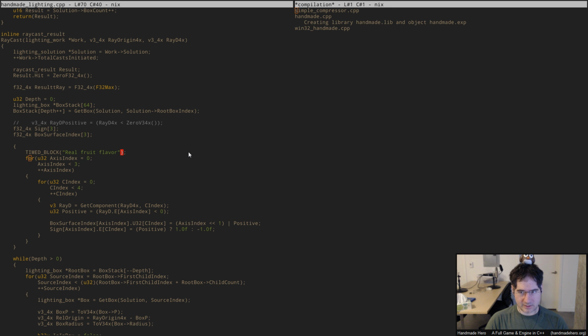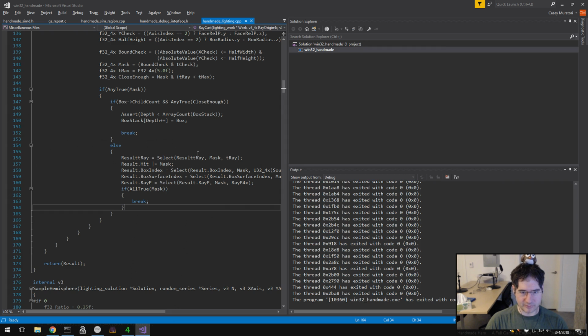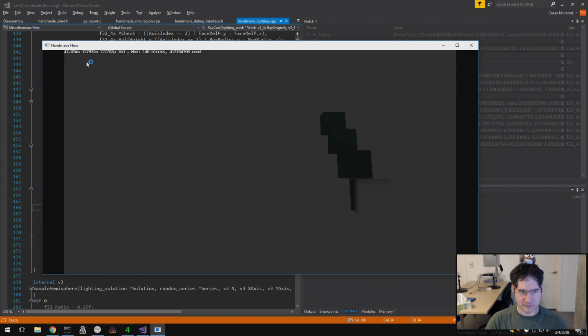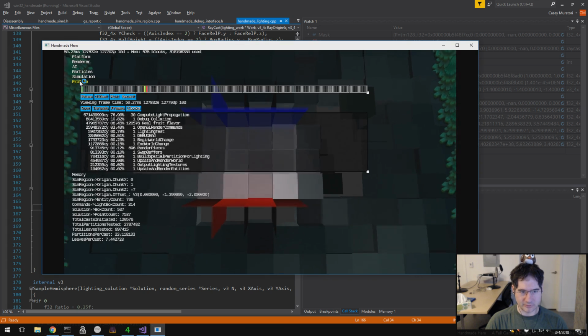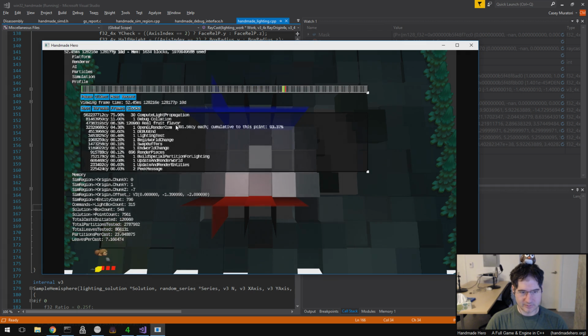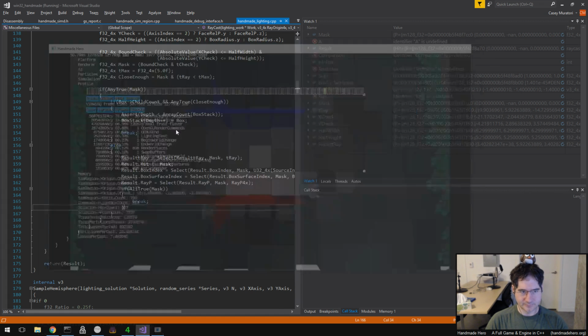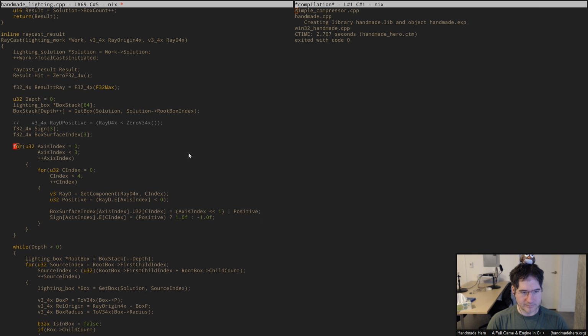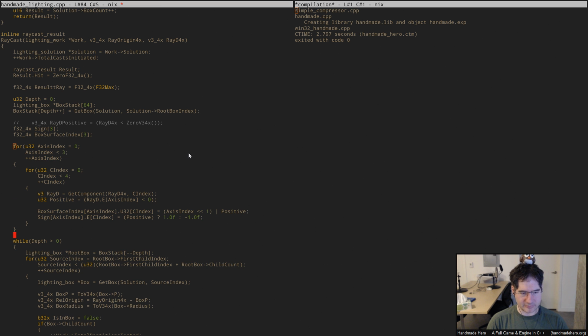So let's suppose we time this block, which I have named Real Fruit Flavor, just to let you know that it's made with all natural ingredients. And so yeah, that startup cost is not particularly high, right? So this part could be optimized quite a bit, but I don't know that we really care, if that makes